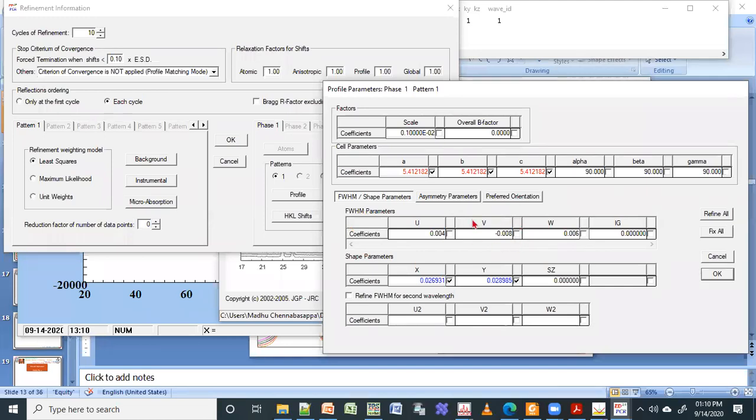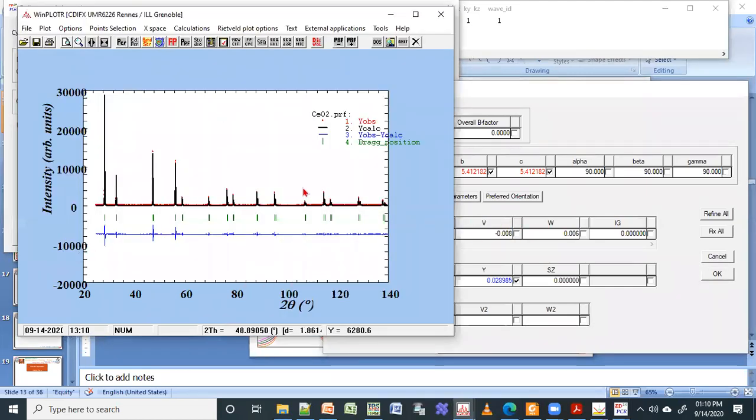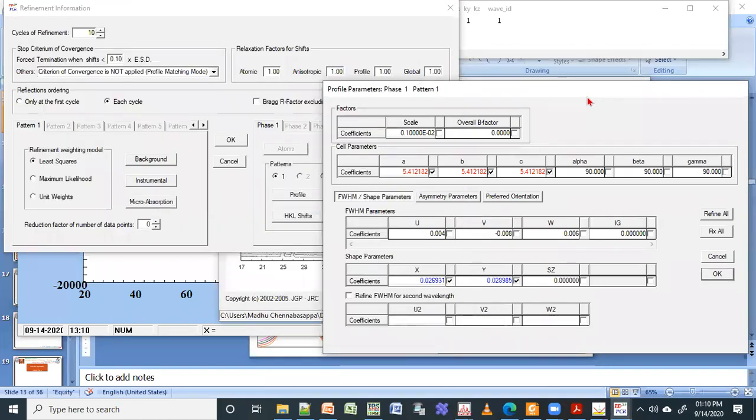If it is changing something, you may get a good fitting, but still when it comes to the information, you are losing a lot of information. That means in case of your fitting, it is not a good fit. So those things you have to take care. Okay, next you can go.